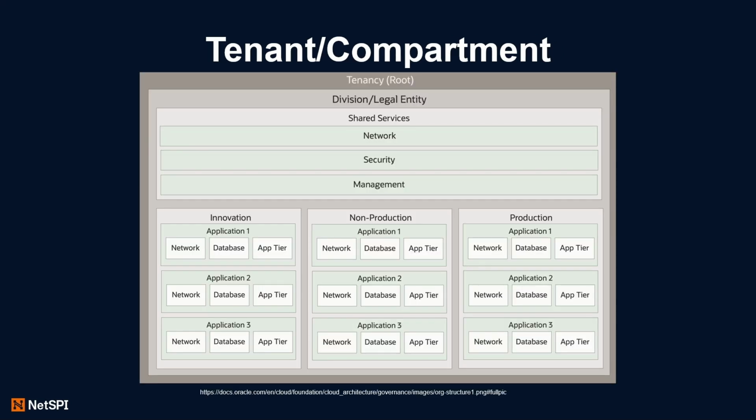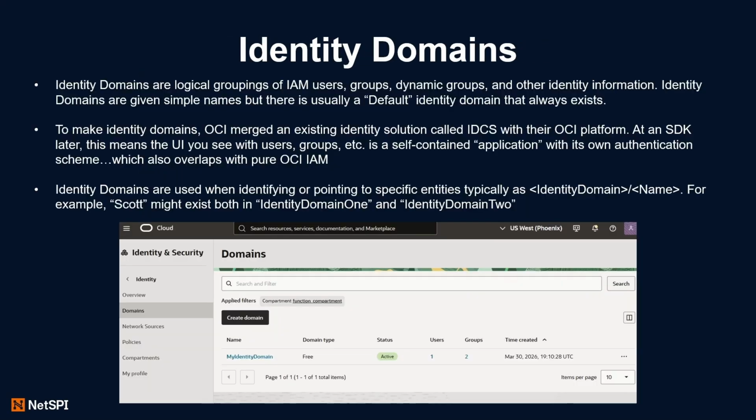And then again, this is a similar graph, right? So you have your tenancy, and then you can see how many boxes there are as you start making compartments inside of compartments and nesting them, and it just keeps growing. I think there actually is a limit of how many compartments you can put inside a compartment. I want to say it's 4, but the OCI documentation states that. Okay, so that's all compartments: compartments, services, creating resources in those compartments.